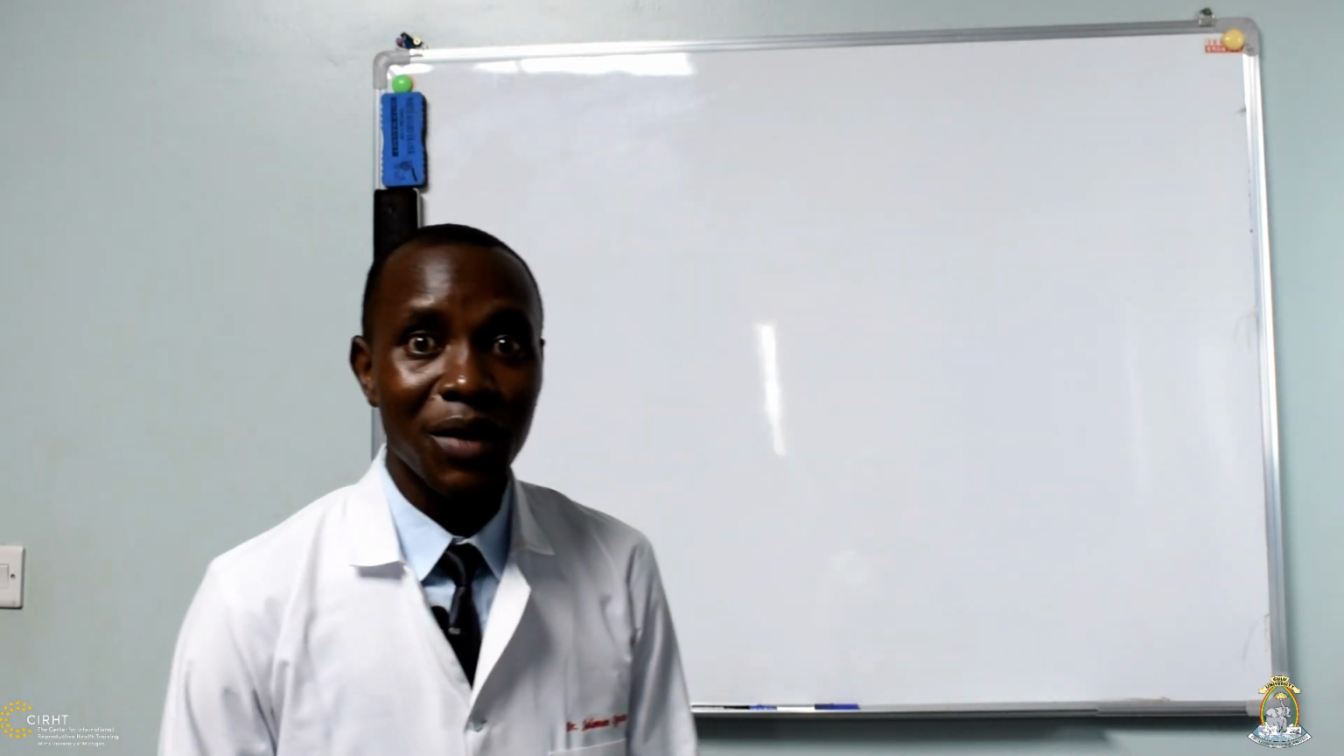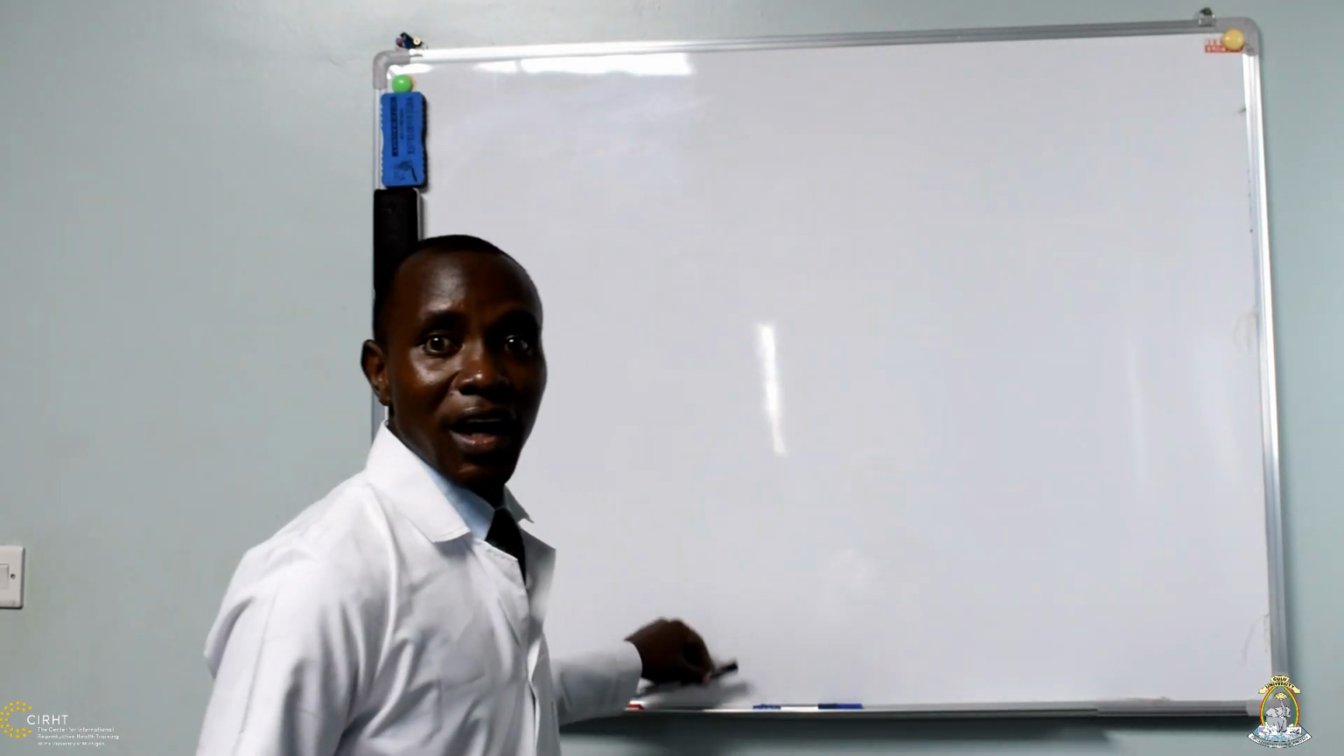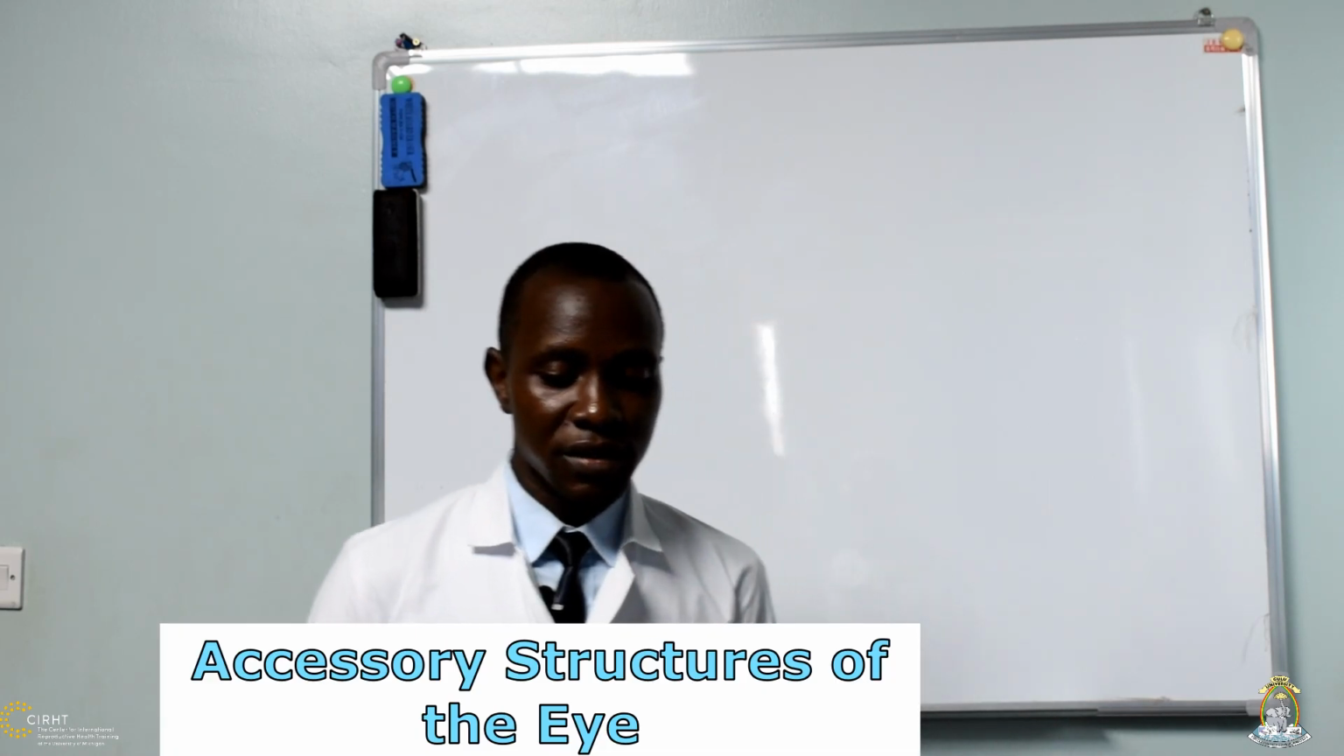Okay, welcome again into today's episode. This is our third episode in a discussion of the eye. I would request that if you have not watched the previous two episodes, you go back and watch. Remember, our first episode was about the orbital structure, especially the bones that make up the bony orbit. In the second episode, we looked at the fissures and foramina within the bony orbit. So in today's episode, we are going to look at the accessory structures of